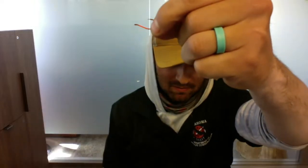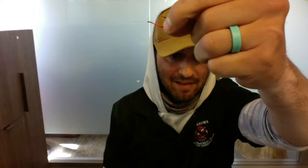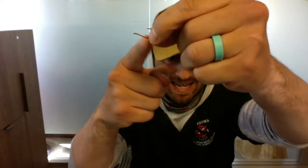Now, is this important to getting bit? No. Is it important to your hookup success? I think so. And what you see is that eyelid right there. It's not offset. It's pretty much in line with the hook shank. Look where that hook point is pointed. It's pointed right at the eyelid. So while it may have a big gap down here,